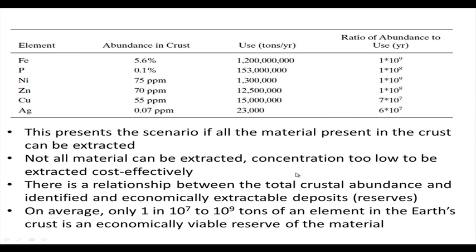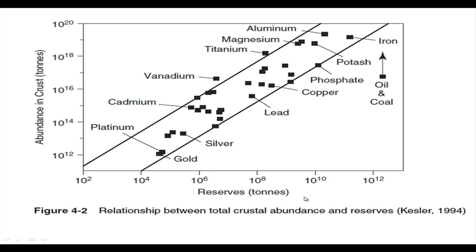So although you see a lot of things, it's not that much in terms of the years. We don't have that many years of all this material, and that can usually be expressed in terms of a graph which was put together almost 2 decades ago, slightly more than that, and that's the relationship between the total crust abundance and the reserve. As you can see, on the x-axis we have the reserve, and on the y-axis we have the abundance in crust. So how much is really available in terms of different elements we have,